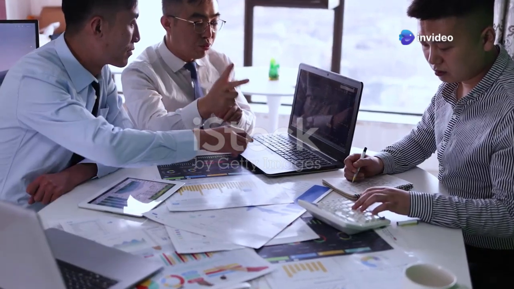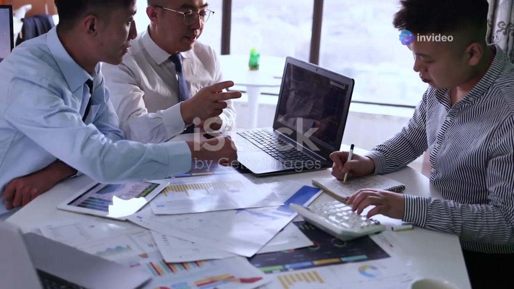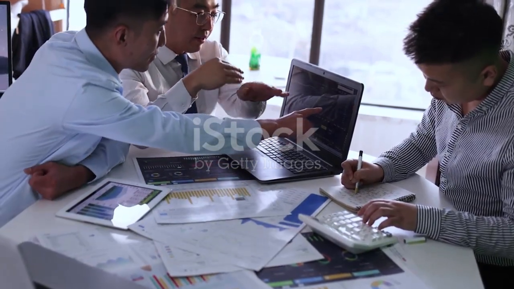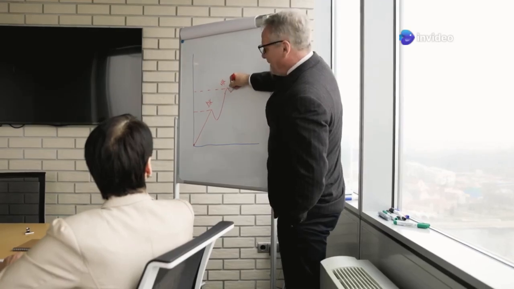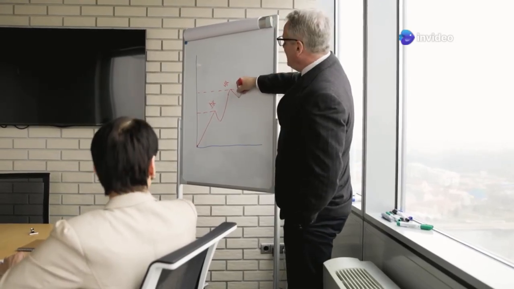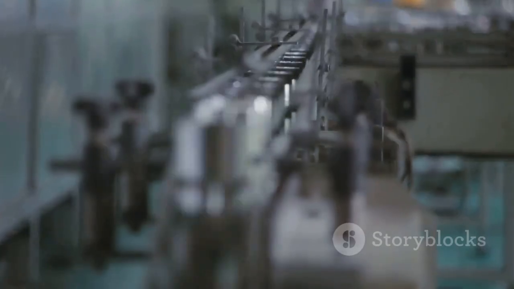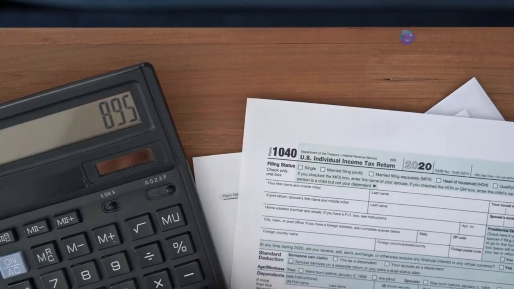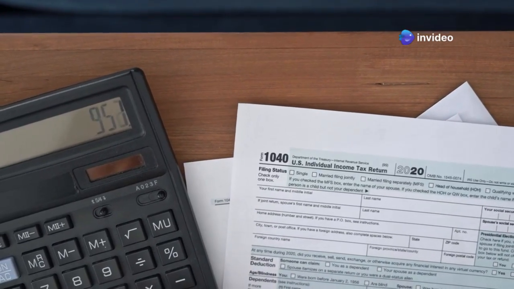At the heart of the GST regime lie three key features that set it apart: its multi-stage nature, its destination-based taxation, and its dual structure. Understanding these features is crucial to grasping the transformative impact of GST on India's taxation landscape. Firstly, GST is a multi-stage tax, levied at every stage of the supply chain, from manufacturing to retail. This means that tax is collected on the value added at each stage, ensuring that there is no cascading effect